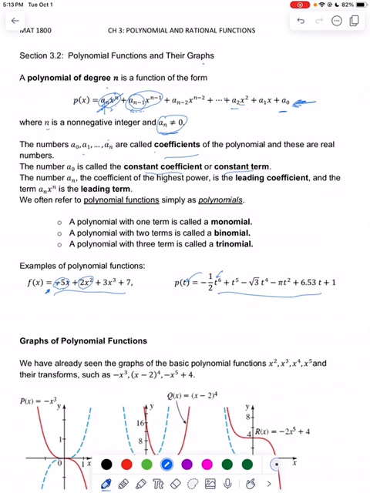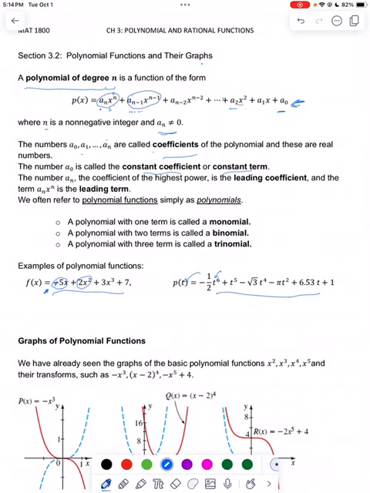Now, not the first term always, but the term that has the highest power on the variable is called the leading term. And the coefficient of that leading term is called the leading coefficient. There are other polynomials as well. We generally don't say the whole phrase polynomial of degree n, we just say polynomial. So we refer to them as just polynomials, but basically they are polynomial functions of degree depending on the highest